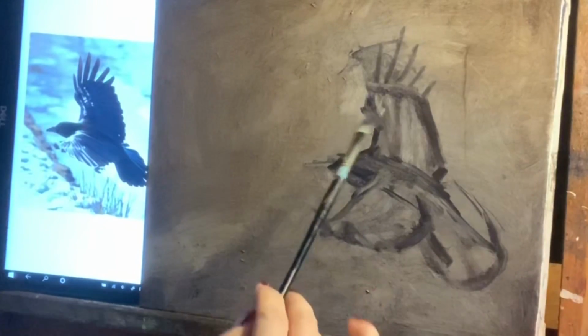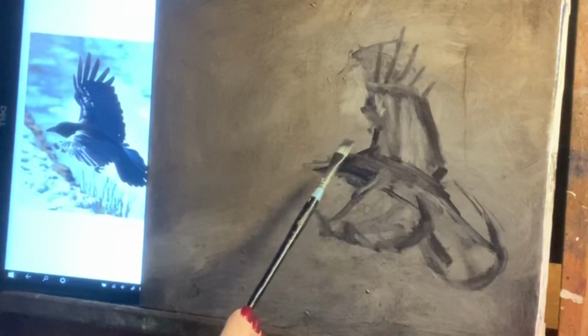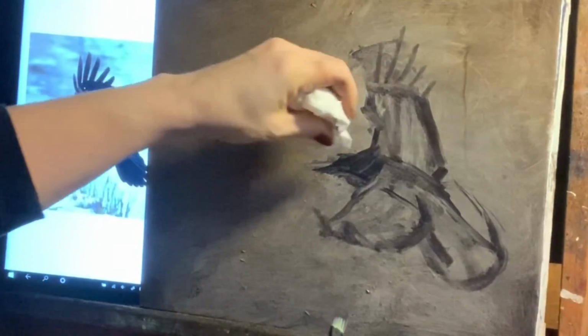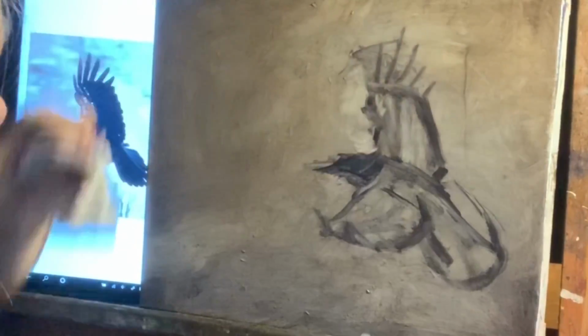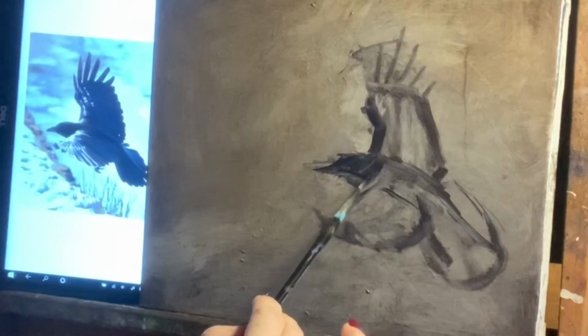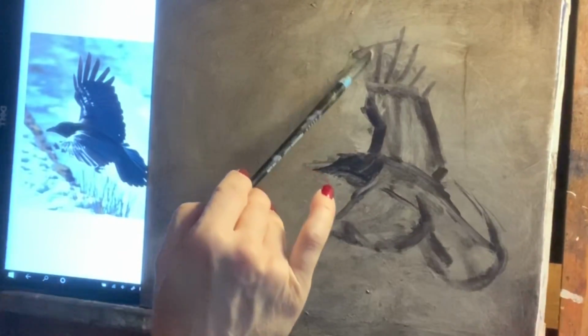Now, what I loved about this particular image was how the bird had this wonderful flight shape, but there was also the sense of light hitting the wings. And so I'm going to play with that more with the moon up in here. So if I put